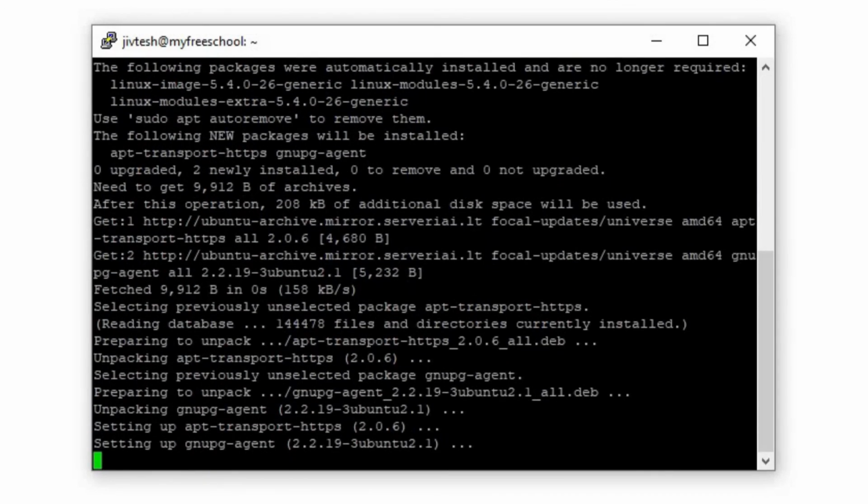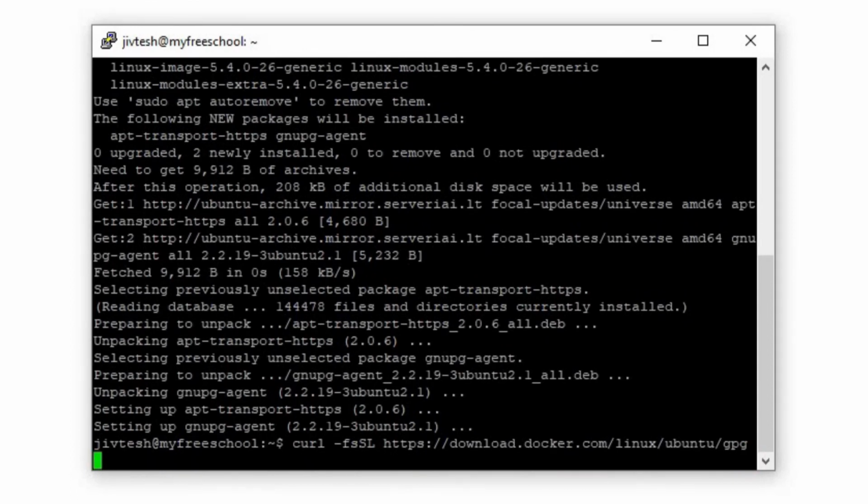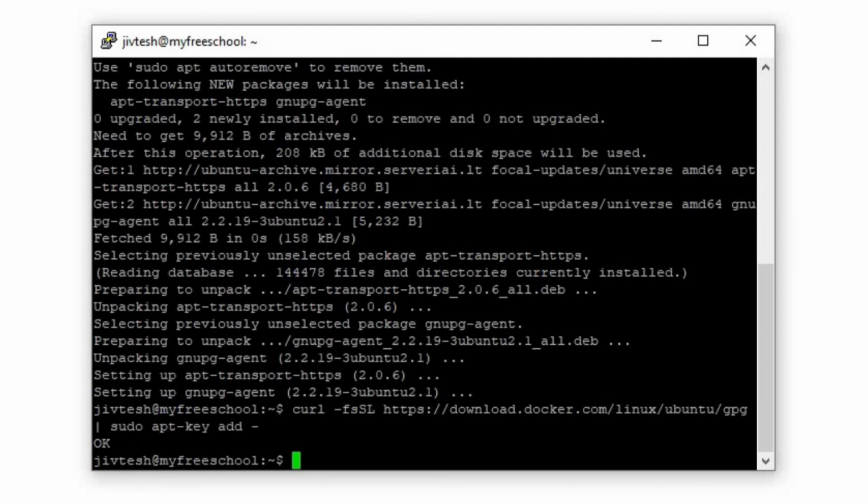Then once that is done, I'm going to call curl -fsSL https://download.docker.com/linux/ubuntu/gpg, because we are working on Ubuntu, and then pipe it to sudo apt-key add -. Okay, you're going to get all of those, and then I'm going to do sudo add-apt-repository, and then